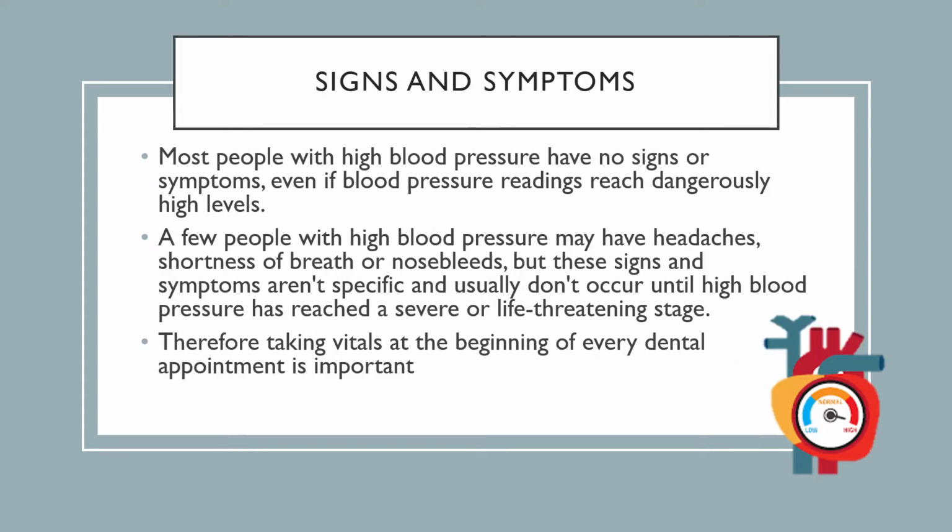So, signs and symptoms. Most people with high blood pressure have no signs or symptoms, even if blood pressure readings reach dangerously high levels. A few people with high blood pressure may have headaches, shortness of breath, or nosebleeds, but these signs and symptoms aren't specific and usually don't occur until high blood pressure has reached a severe or life-threatening stage. Therefore, taking vitals at the beginning of every dental appointment is important, or at least, as I was researching, some offices take it with every new patient,